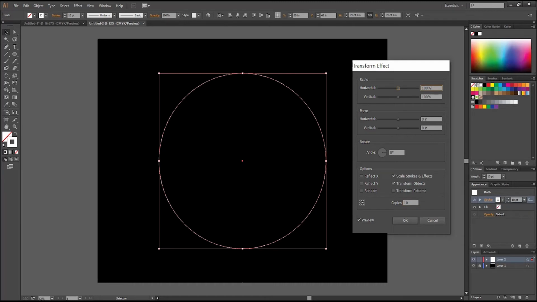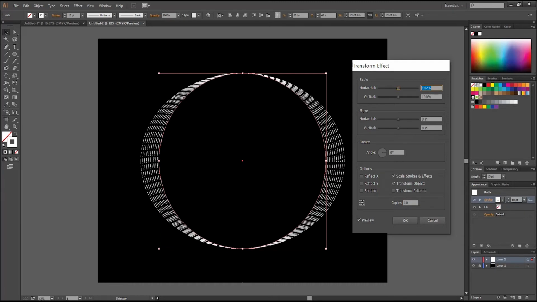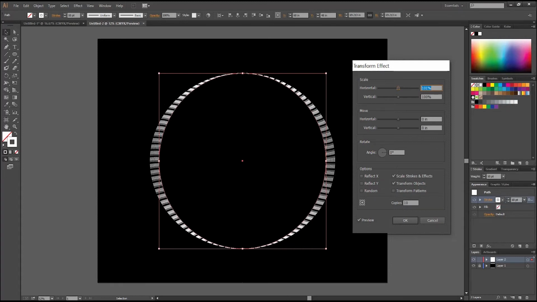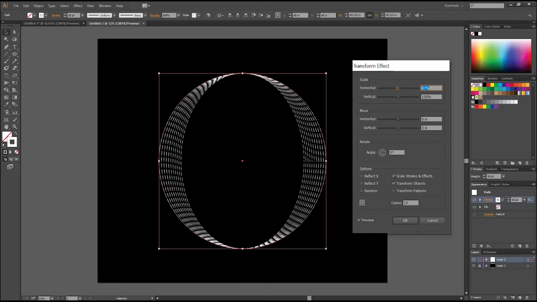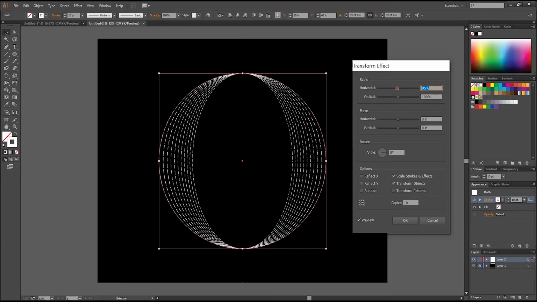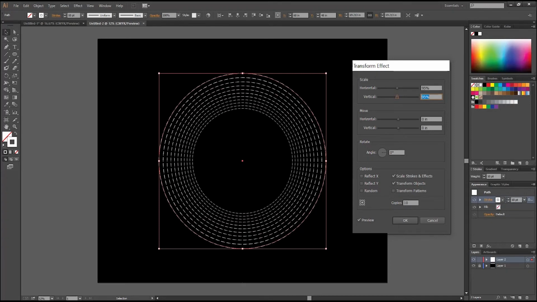Now I'm going to make the change in the scale. As I am making the change in the scale, you can see there are some changes. Okay, so I will just decrease the number so that it will go inside. I will just keep it at 95, and after that again for vertical as well, I will decrease the number to 95. Now horizontal move and vertical move you can make according to the changes, but the main difference will come